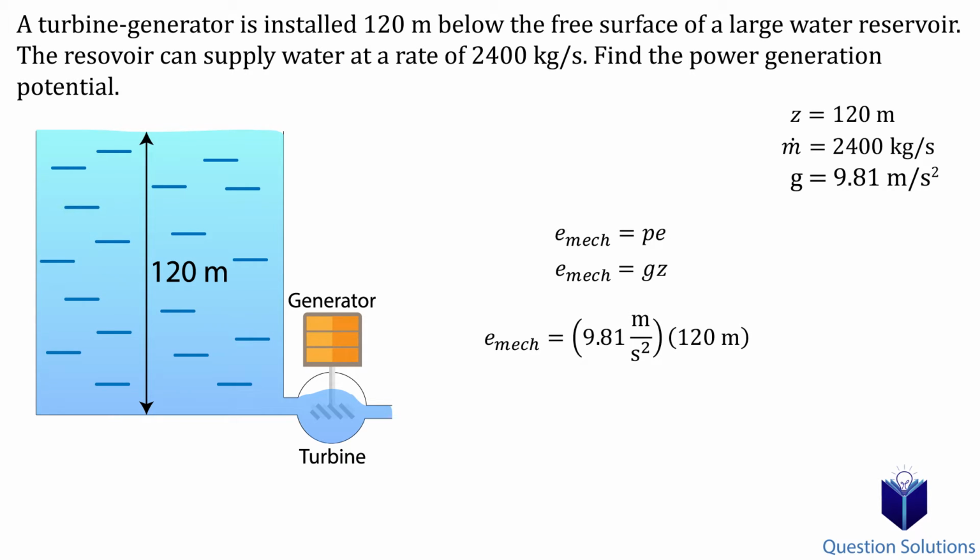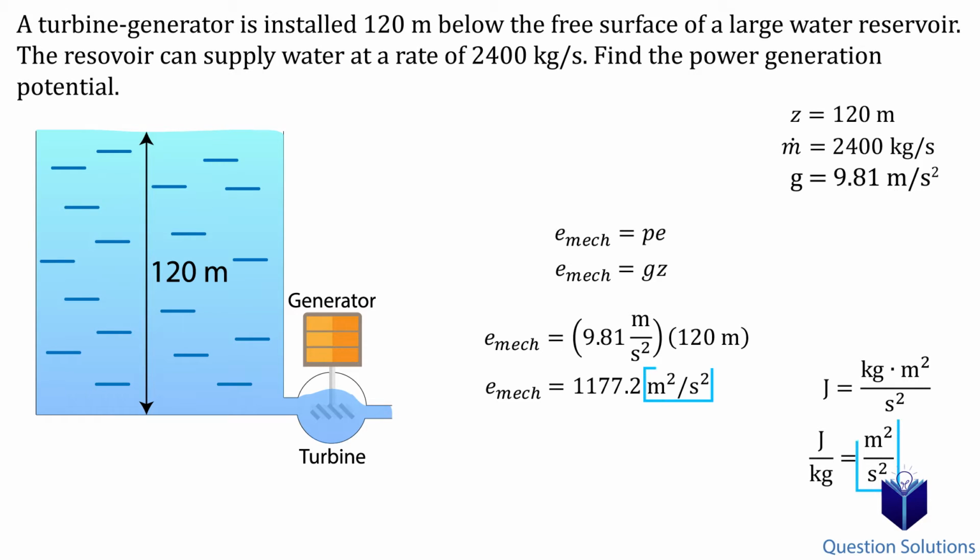Keep in mind that we know for potential energy per unit mass, our answer is supposed to have the units kilojoules per kilogram. So we need to use a unity conversion ratio. I'll break it down step by step. A joule is equal to kilogram meter squared per second squared. So that means joules divided by kilograms gives us meters squared over seconds squared. 1,000 joules is a kilojoule.